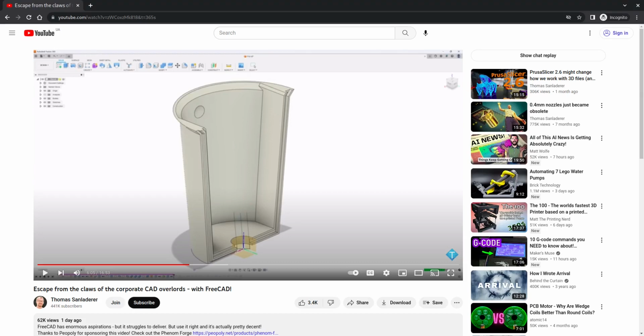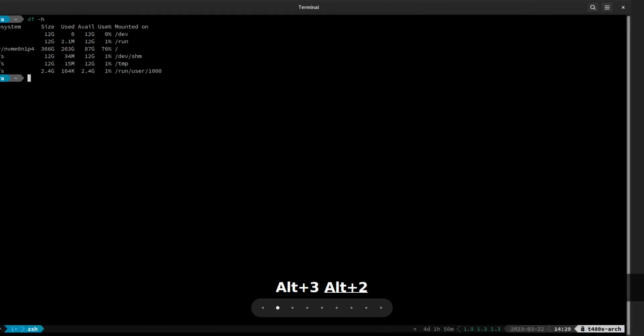Hello guys. In the latest video Thomas was trying FreeCAD and he was trying to recreate a simple part that he had previously created in Fusion 360. So for him it was not so obvious how to do it in FreeCAD. So in this video I would like to show you how I recreated it. It's one of multiple ways how to do it, but it's one of them. So let's switch to FreeCAD,